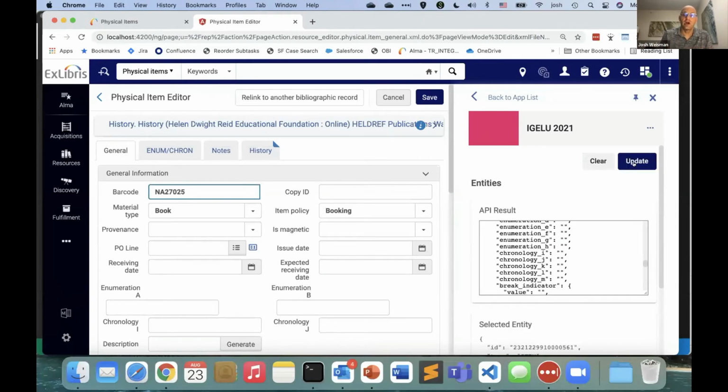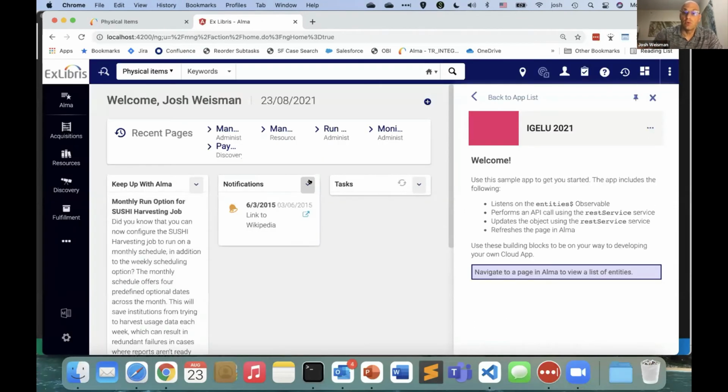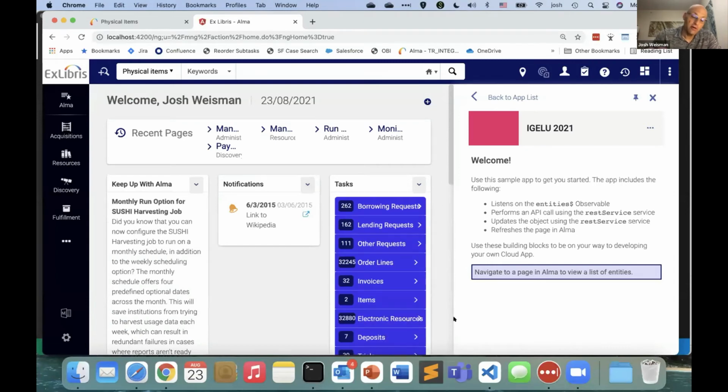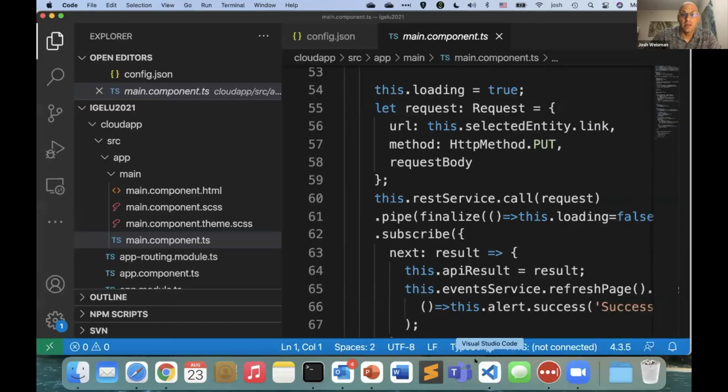So as I said, we try to get you started on the right track here, right? So what we've done so far is we've simply initialized a new app. We've installed all the dependencies and got it up and running. And then without doing anything, I already have this functionality happening inside my app. I'm able to see what entities are being shown on the screen, list them, select them, update them, etc. So that's what's available within the Cloud App scaffolding out of the box without doing anything else.